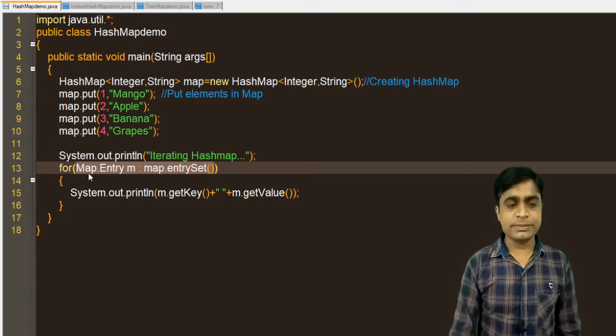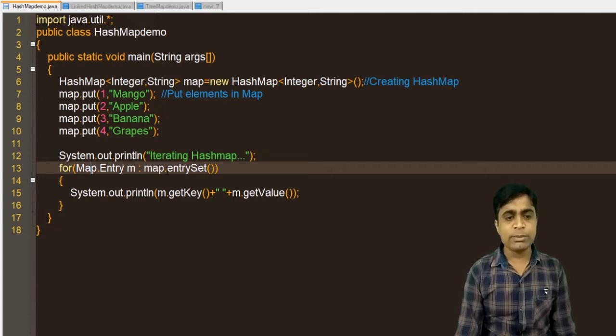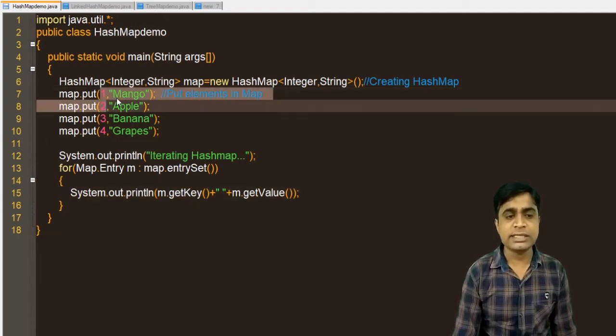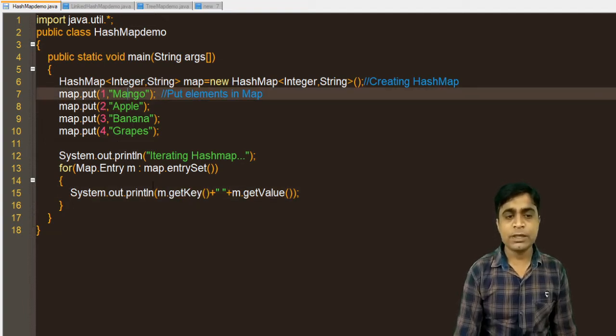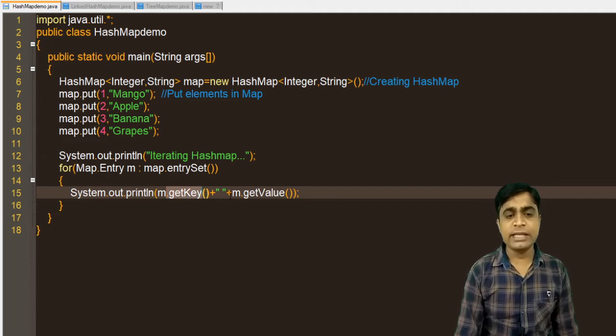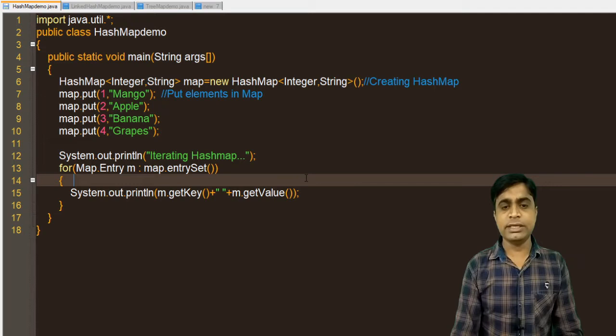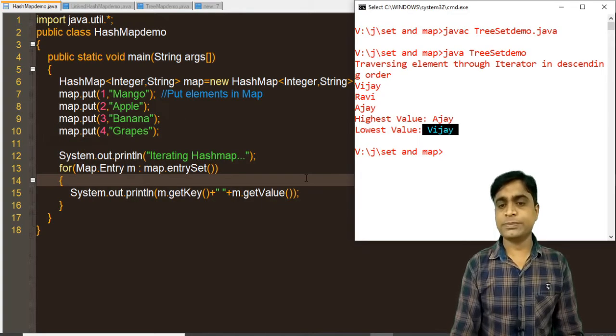So with map.entrySet() and System.out.println, I am getting m.getKey(), which is the first one, the key, and then it will print m.getValue(), the second one, the value. I will show you the output first, then you can easily understand the code.